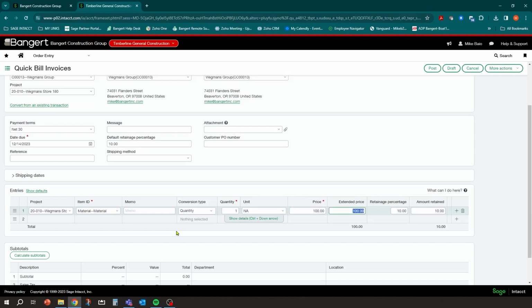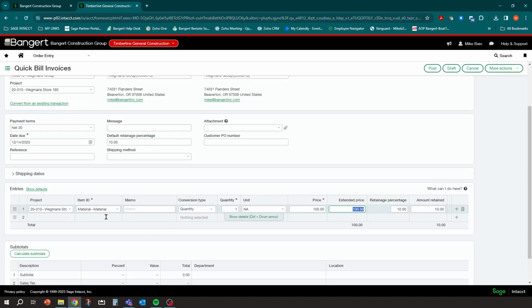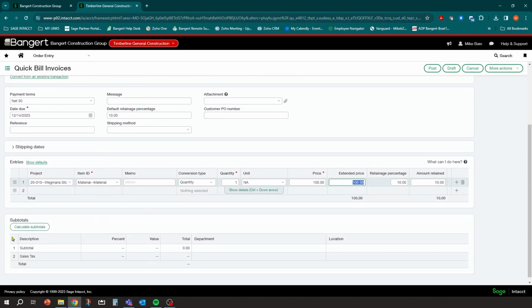Okay. So once I'm done keying in my invoice detail, there's going to be a section down at the bottom called subtotals. If you don't see subtotals there, that means you have not enabled subtotals for that transaction definition yet. You need to go back and do that and then come back in here. So after all your detailed lines are in the system, you can say calculate subtotals. When I click this,